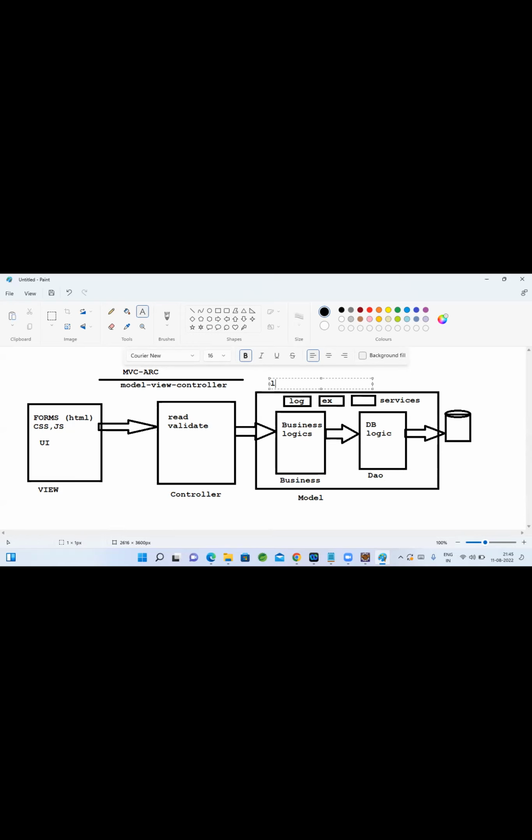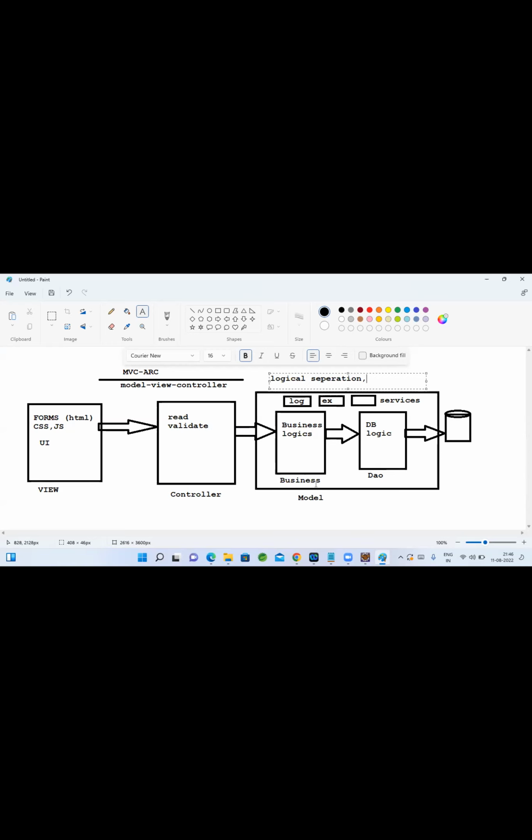Sir, I have a doubt. In the model you have mentioned business logic as well as DB logic. So in the model layer we have the service layer also. Yes, you can add service classes and DAO classes, everything. And in the controller layer we use controller classes mentioning the URL, API versions, endpoints. Yes. I always call business a service.